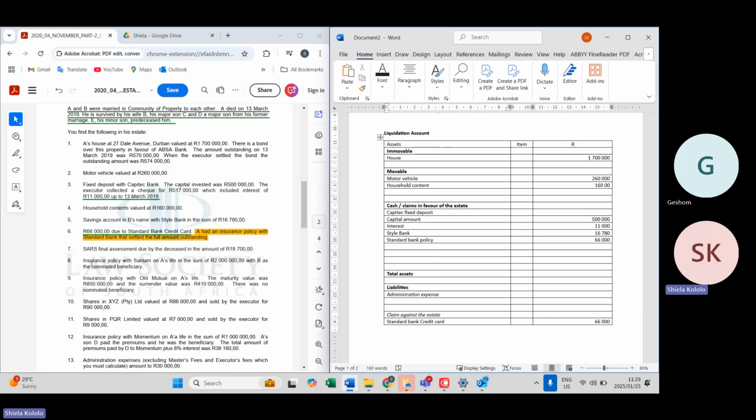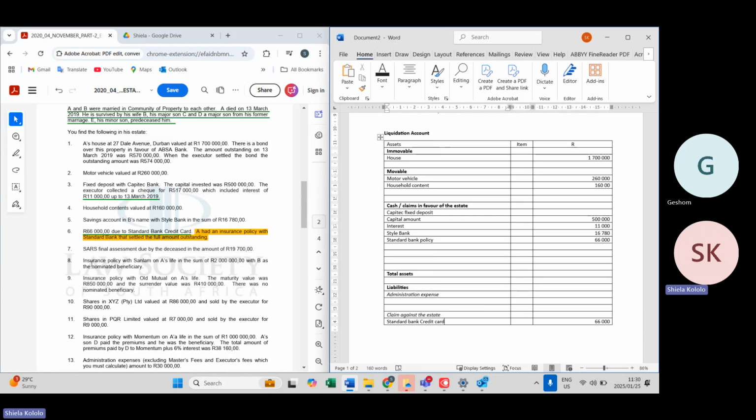Insurance, number 8. Insurance policy with Sanlam on its life in the sum of 2 million with B as the nominated beneficiary. Can you put this one on the movable properties? No, we can go and put it under the distribution account for B. Remember what the principle says. The principle says anything that has a nominated beneficiary does not go under our